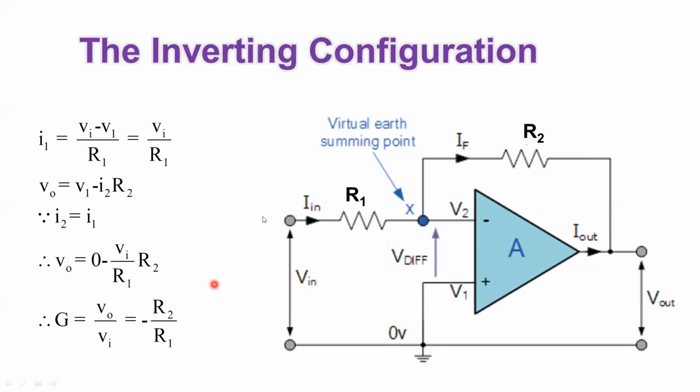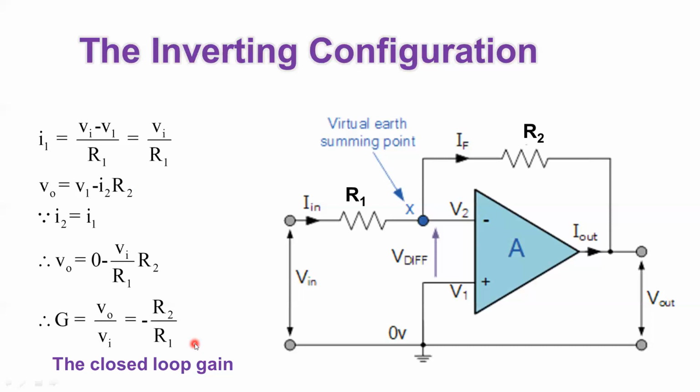So again, we start by saying that this V1 is connected to the ground. We say that V1 is equal to V2, so this is a virtual ground. The current flowing here is V input minus 0 over R1. The current flowing there is 0 minus V output over R2. The current here is equal to the current there, and then we get this relation. Now V output over V input is equal to minus R2 over R1, and this is what we call the